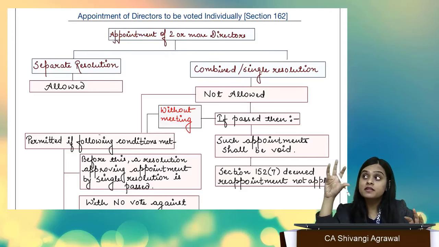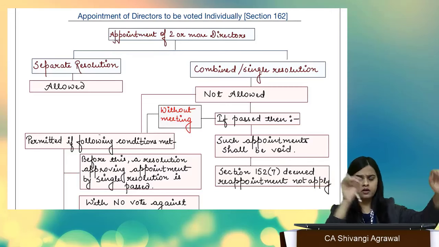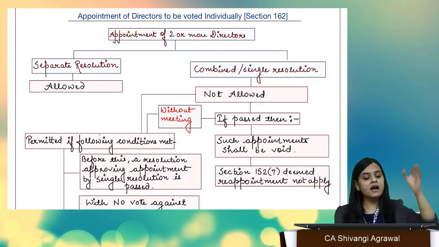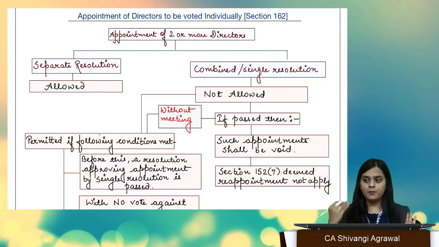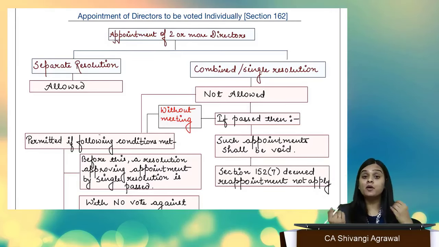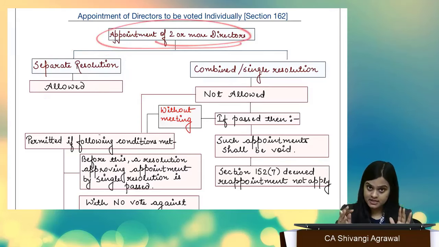I cannot say that I propose to appoint or resolve that Mr. X and Y be hereby appointed. The members are being deprived of the freedom of choice over here, because either they have to appoint X and Y both, or they have to reject X and Y both, which is not allowed. So for every appointment of a director, we must have a separate resolution. Appoint X, yes, no. Appoint Y, yes, no. Appoint X and Y, yes, no. Doesn't work. So a separate resolution is what is allowed for appointment of 2 or more directors. However,